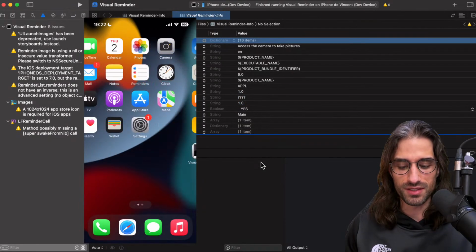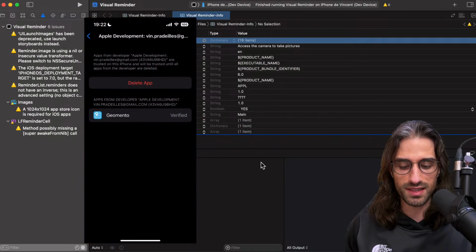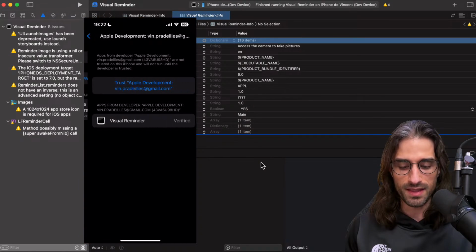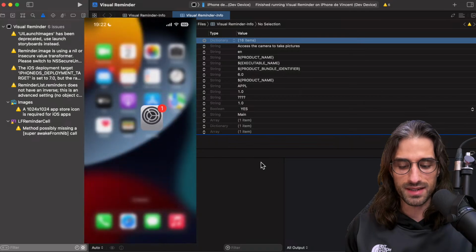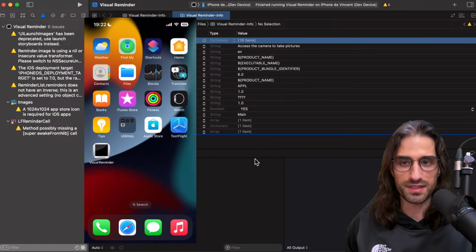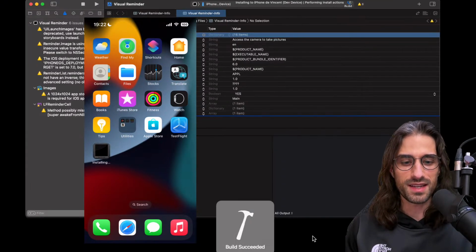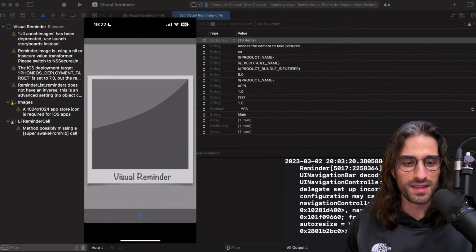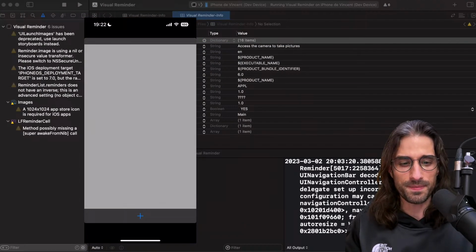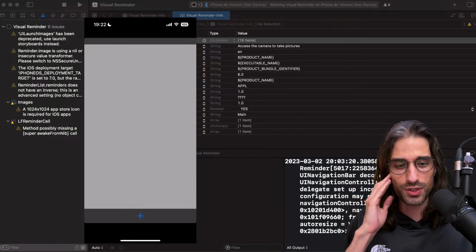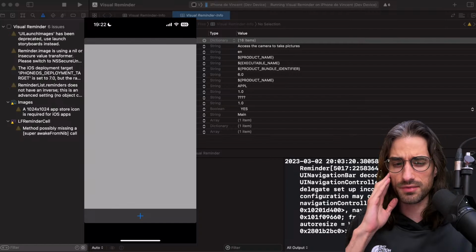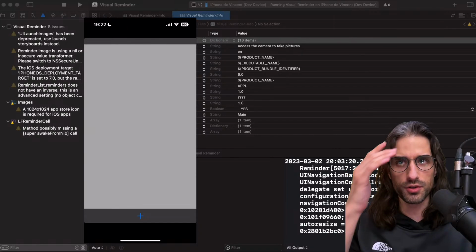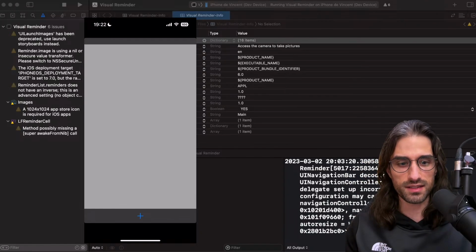Okay. So just like before, I need to go into the settings and allow my account. Perfect. Okay, now I can launch the app. So what is this app about? To share some context, this app was made in the summer of 2013. Actually, I was thinking 2014, but no, it's 2013, so it's almost 10 years old.